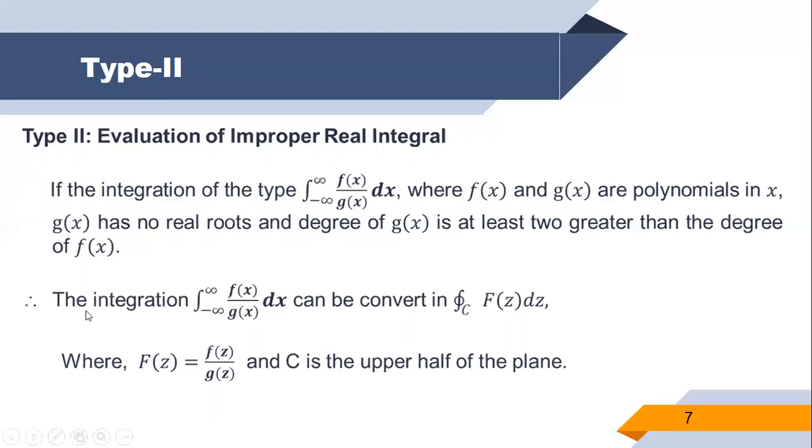So therefore the integration from minus infinity to infinity of f(x) by g(x) dx can be converted into the integration over the curve C of f(z) dz, where f(z) is small f(z) upon small g(z). So indirectly x is replaced with z,